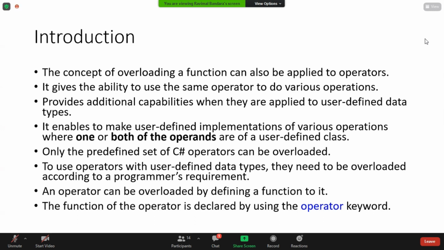Assume you have a matrix. If you need to add two matrices together, then you know it's not simply added together using the add operator.